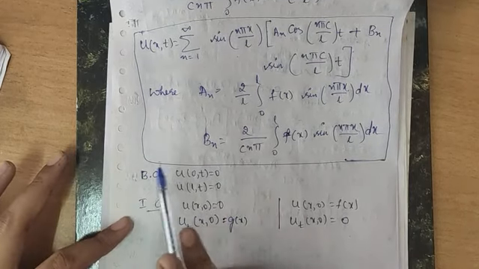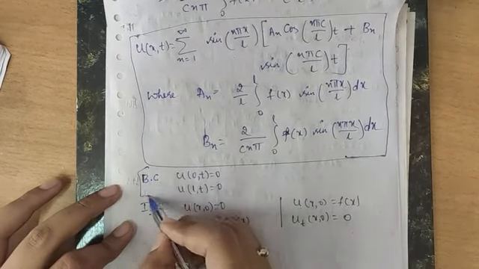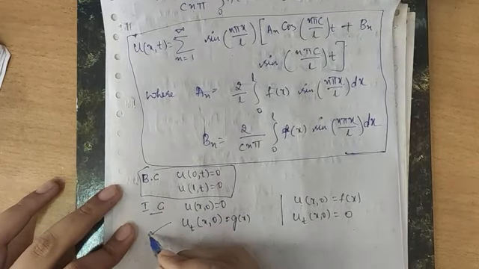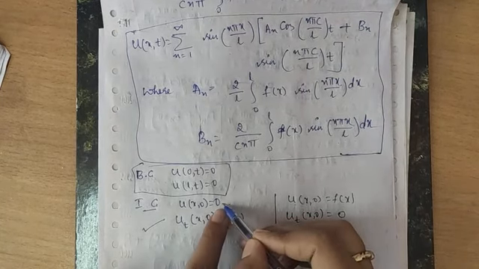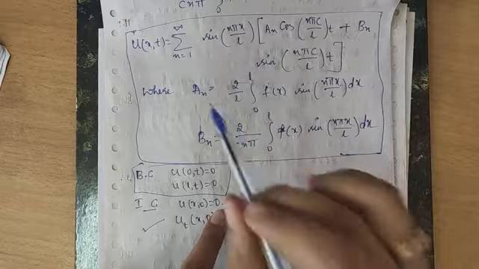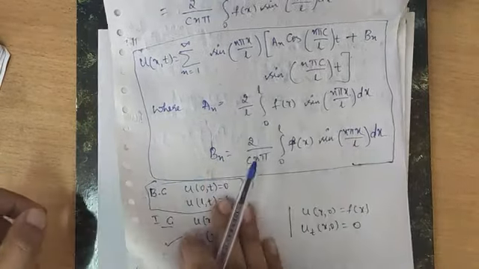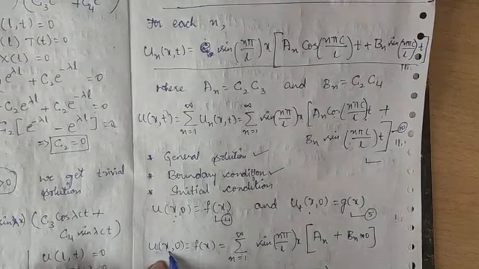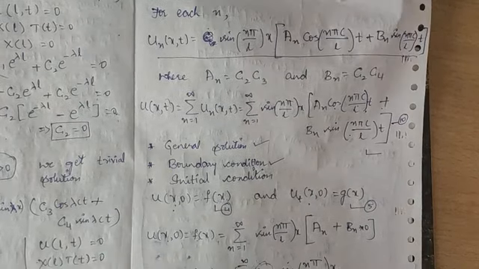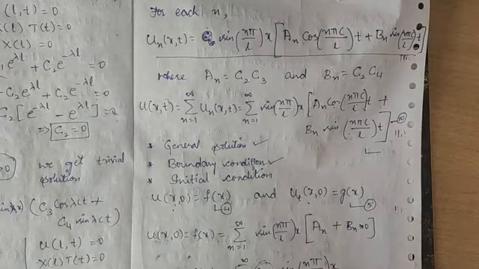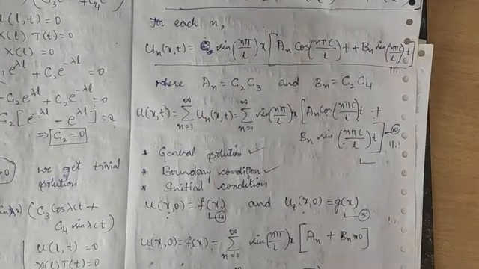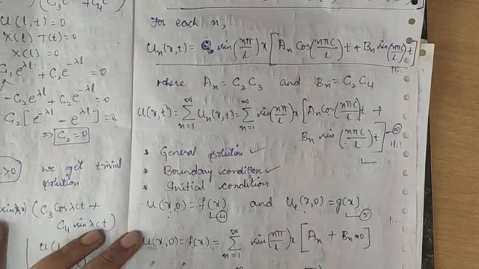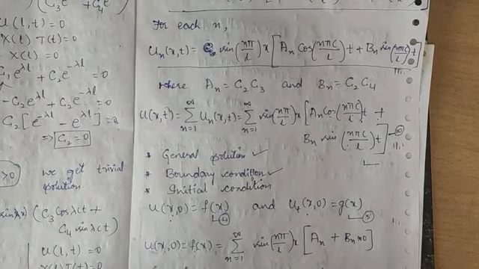For the same wave equation, if I give this boundary condition and this initial condition, you can observe here we don't have an f of x term. f of x is 0. That means you will not get an. You can see here, if I give f of x as 0, you will not get an term. Okay. You will get only bn. You will get a solution only for bn, because if this f of x term itself is 0, anything equal to 0 will become 0 itself from this condition.